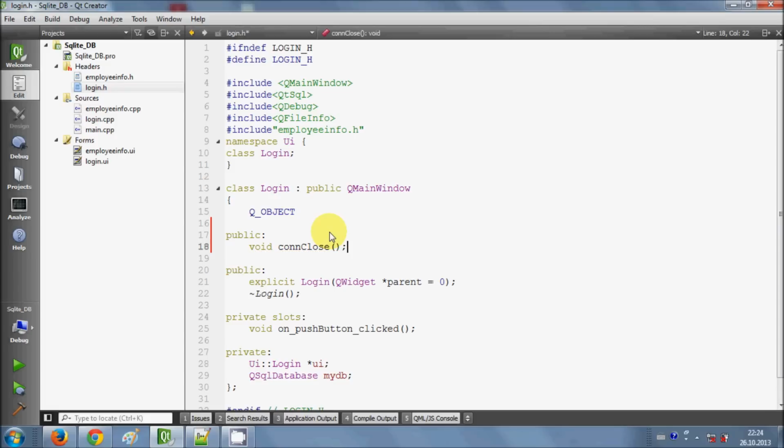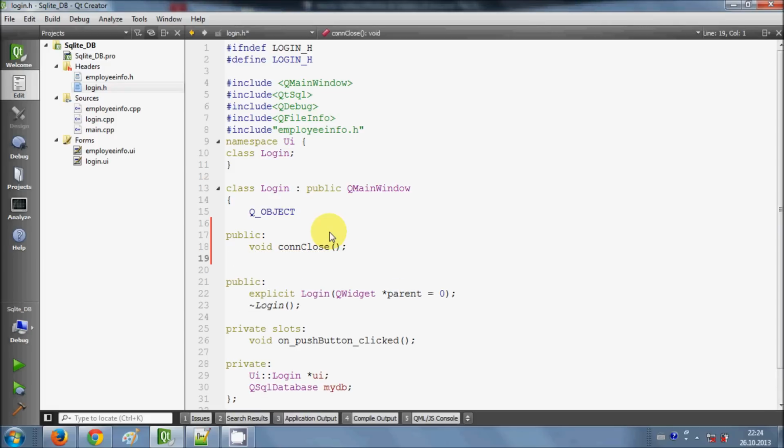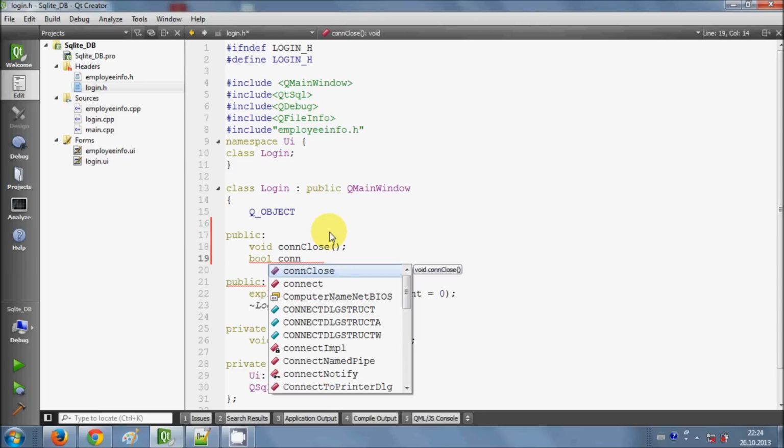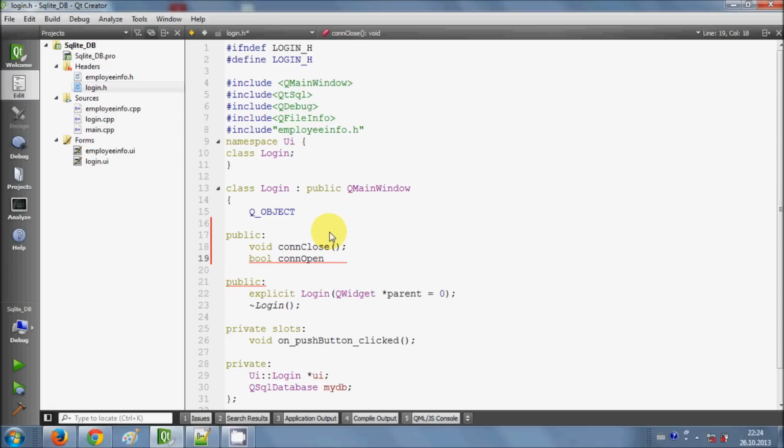This is the first function I want to make, and the second function I want to make is bool con open. Okay, so these two functions I will make here,